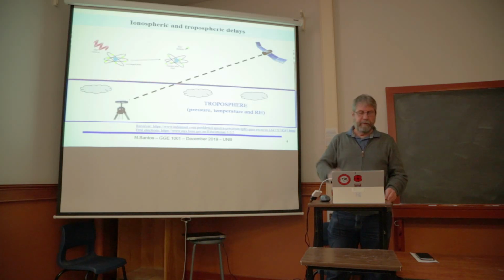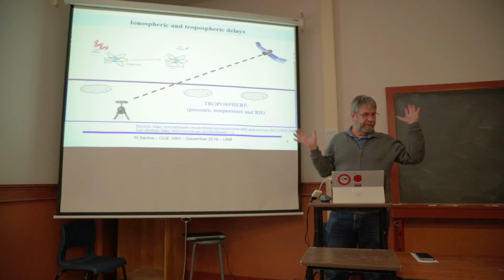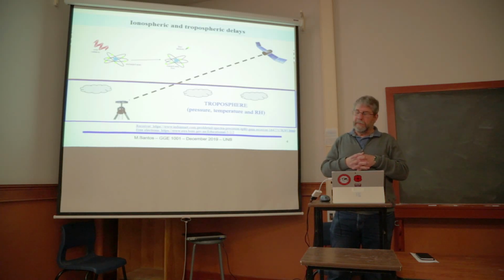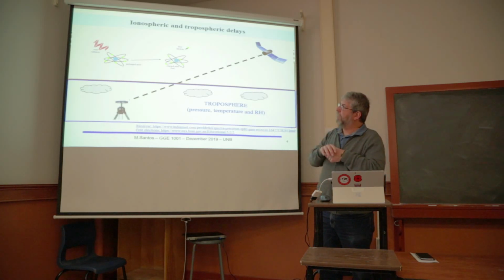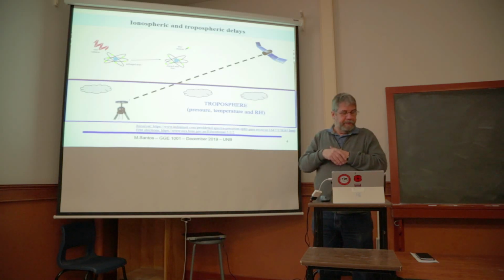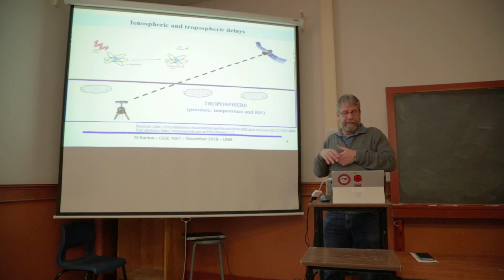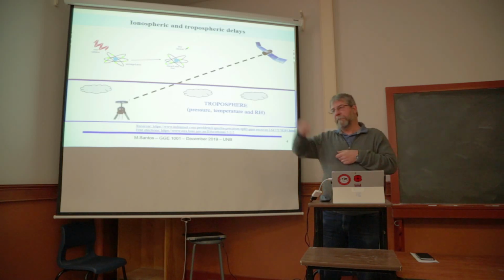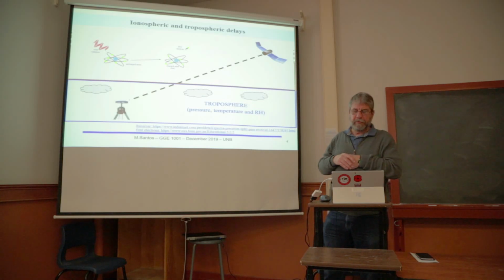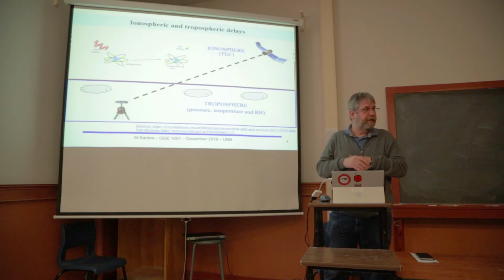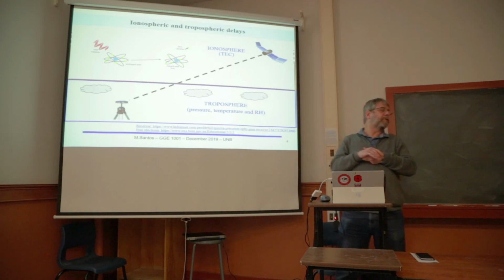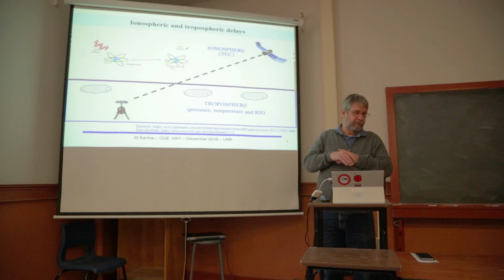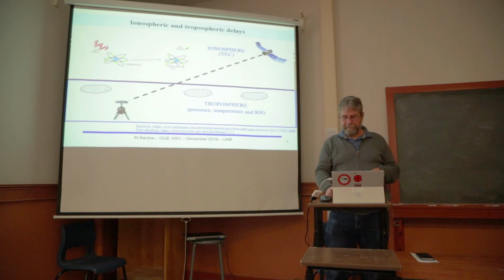There is another layer, the one up there, and this is a simplified diagram, of course. The phenomenon that happens there is that we have atoms, and there is radiation that comes from the sun, and some of the electrons get so excited that they go free. They're called the free electrons. We call this layer the ionosphere. And the interest for us is the TEC, the total electron content, so the total number of free electrons.